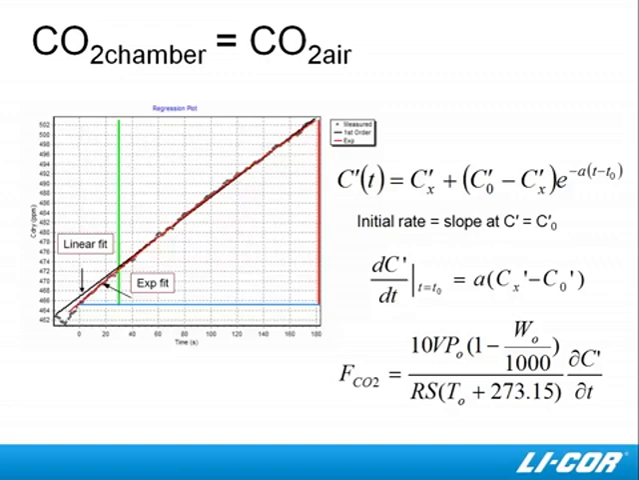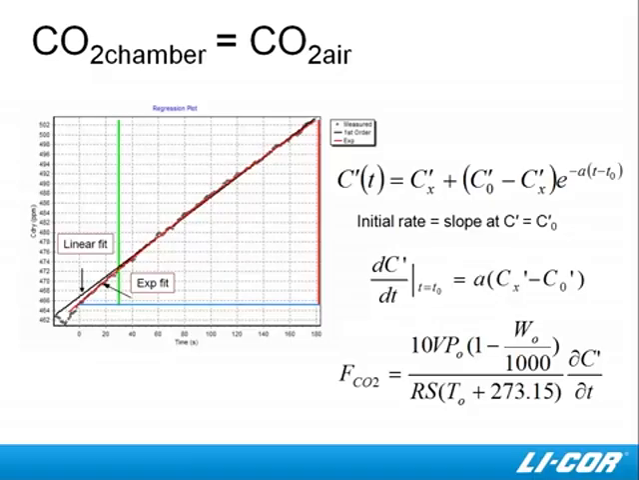And that flux, remember, is driven by the CO2 concentration gradient between the chamber headspace and the soil atmosphere. Ultimately, what you want to know is the CO2 flux when the chamber headspace is at atmospheric concentration. If you do a linear fit, you're always going to underestimate the flux at ambient concentration because the curve is